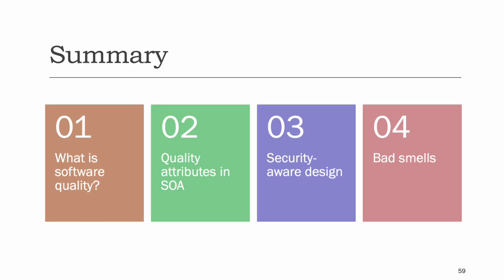In this lecture, we talked about the many phases of software quality, including the famous 8 attributes for software and data quality. Then we also learned about the possible implications of adopting the service-oriented architectural style on these quality attributes. In the third part of the lecture, we talked about some basic security principles and the security concerns and building blocks for secure design. And finally, we briefly mentioned the top 5 microservice-specific bad smells and how to resolve them.